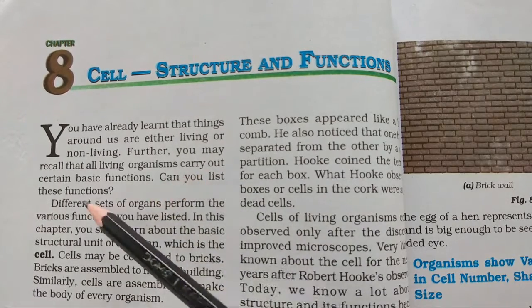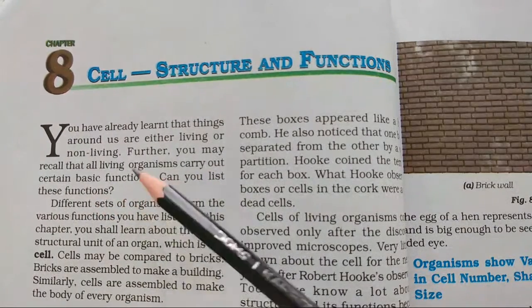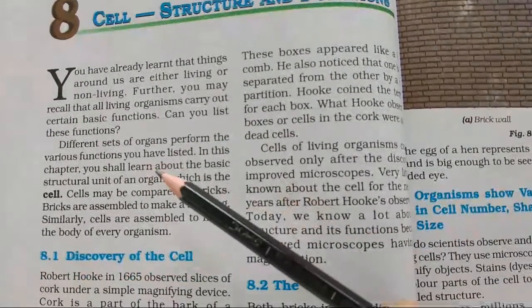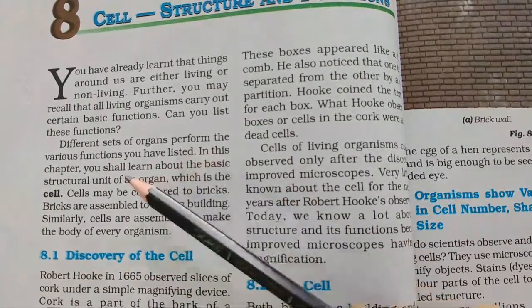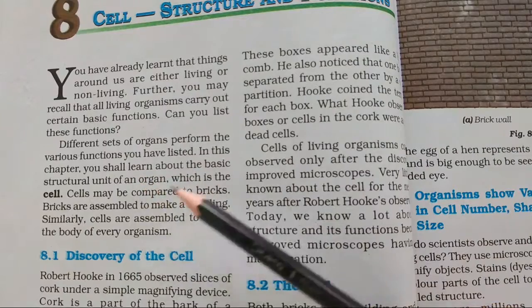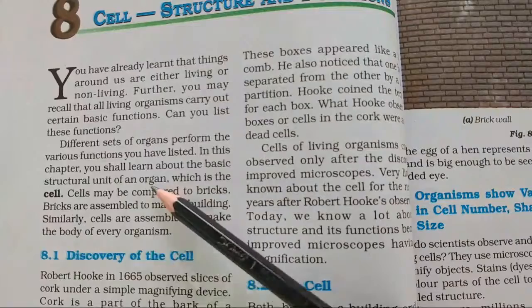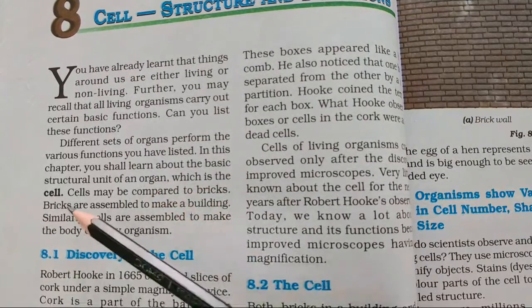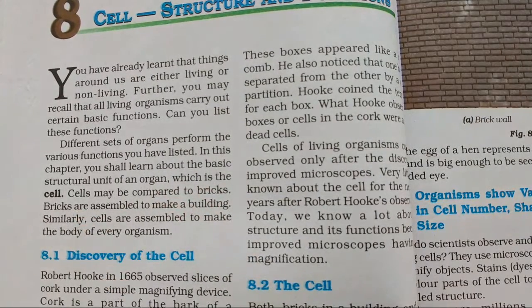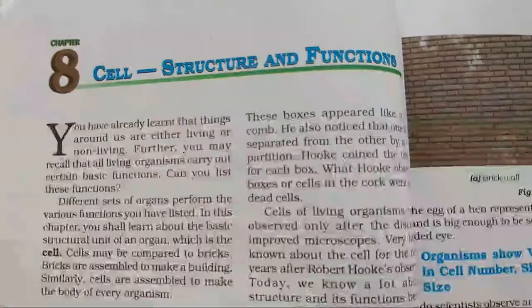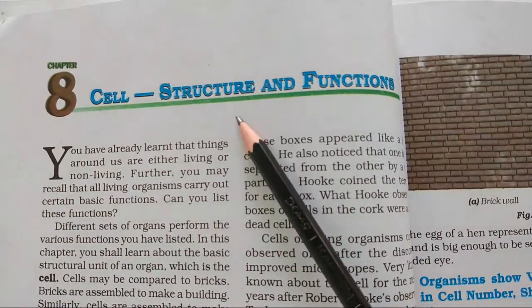All living organisms carry out basic functions. There are different organs, this you have done in 7th, that they do various functions. In this chapter, you will learn about the basic structural unit of an organ, which is the cell. Because this chapter is cell, you will study what the structure of a cell is and what the